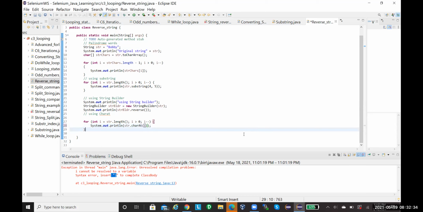But here you have to make it str dot length minus 1, because we are starting the index at 0. I'm saying here, line number 27, it should be minus 1. And then this should be greater than or equal to 0. That's all.